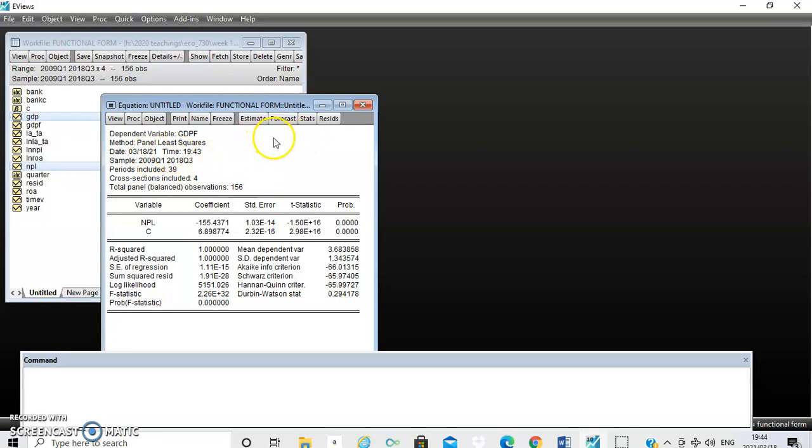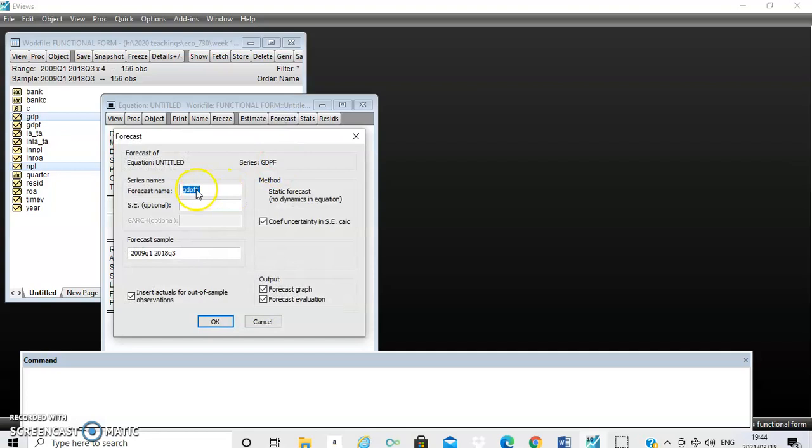Now when you click on forecast, what will happen is that it will have, for example, ln GDPF. Let me just give an example. When you click on forecast here, instead of it having GDPF, if we are using the logged equation, it is going to have ln